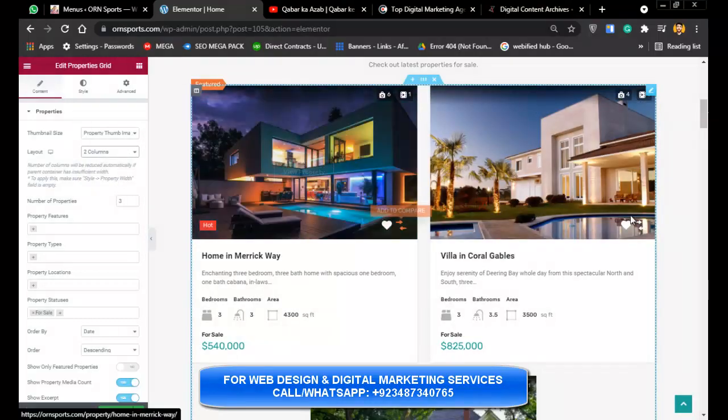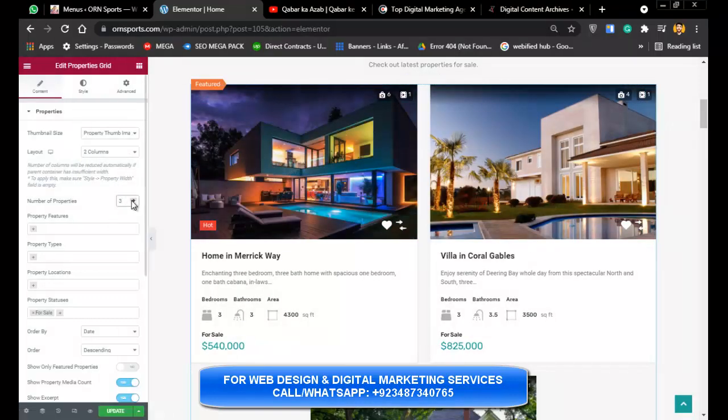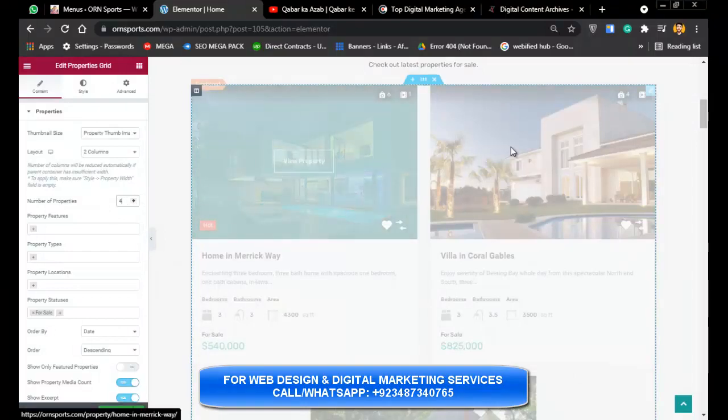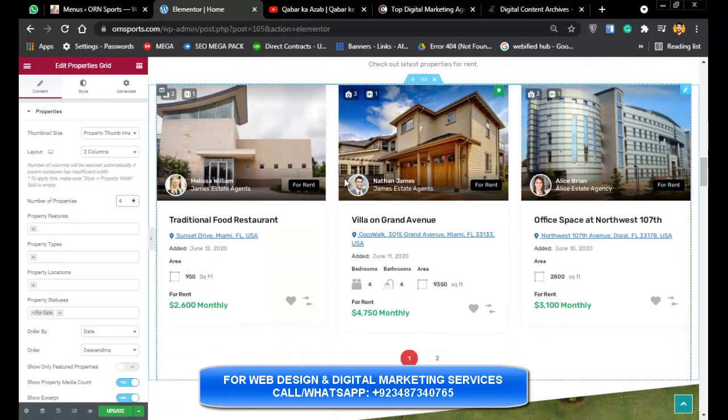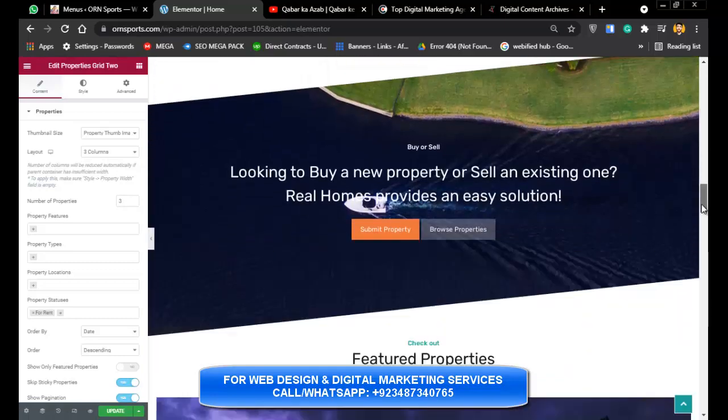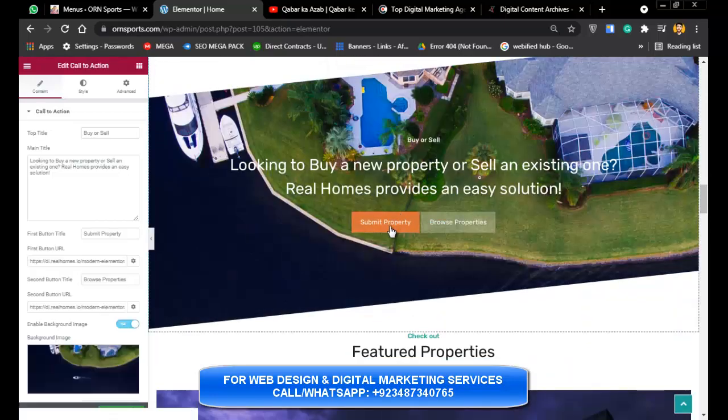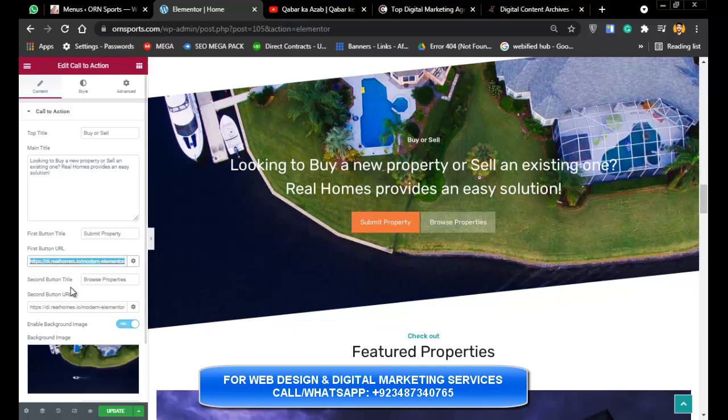Yeah, you can see it, and we want to change it to 4, or we want to change this one, or we want to change the one below, we want to change the text or the links. We can simply click on that button. We just simply click on that element, and here you can see we can edit the link of the first button, link of the second button.